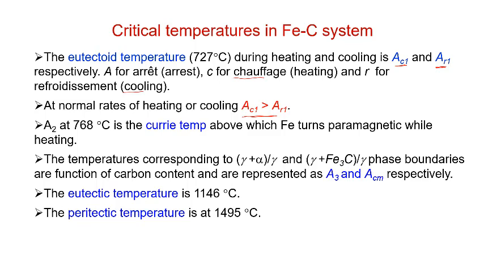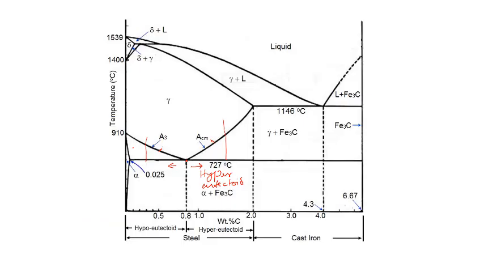Okay. So, during heating, this temperature will be generally a little higher. Now, these two lines are separating the single phase from the two phase region. This one over here is alpha plus gamma, and on the right hand side this is gamma plus Fe3C. Okay. So, this two phase region is separated from the single phase austenite region by this line,